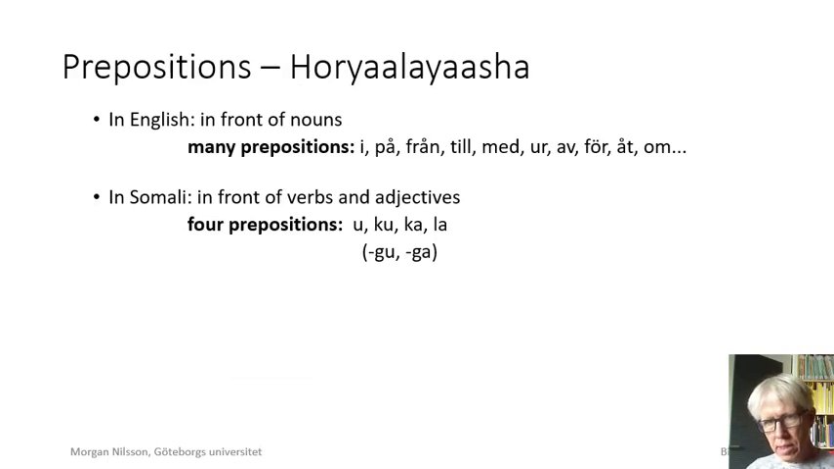Next important word class in Somali are prepositions, horjale. That's a direct translation of preposition, horjale. And in English there's quite a few prepositions. I don't know the exact number, but it's a couple of dozens. And in Somali there are only 4 real